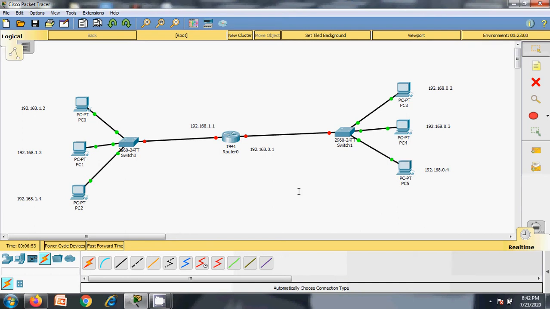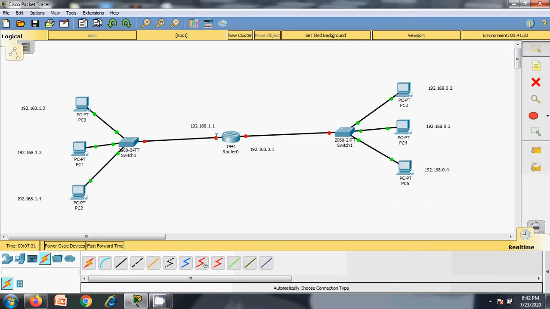So we should not use the 0 address, which is nothing but the start address of a network. In this case of this 0 network, 192.168.0.0 will be used as a network ID, and in any network block the first address is going to be the network ID and the last address is going to be the directed broadcast address, and we should not use those two IP addresses, which are reserved for this purpose. And similarly in this case 192.168.1.0 should not be used, and the last address should not be used, so that those IP addresses will be used for the directed broadcast address and network ID, right?